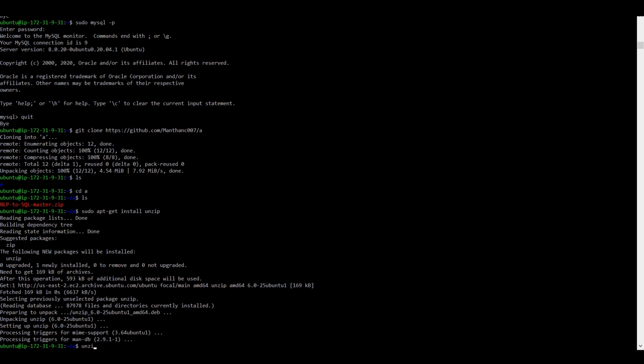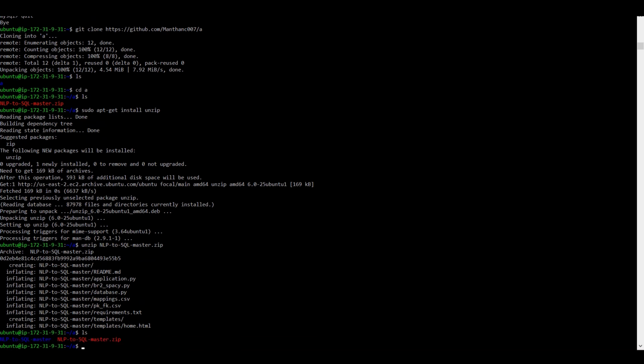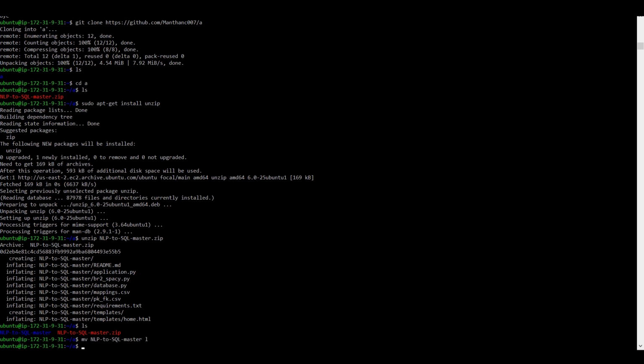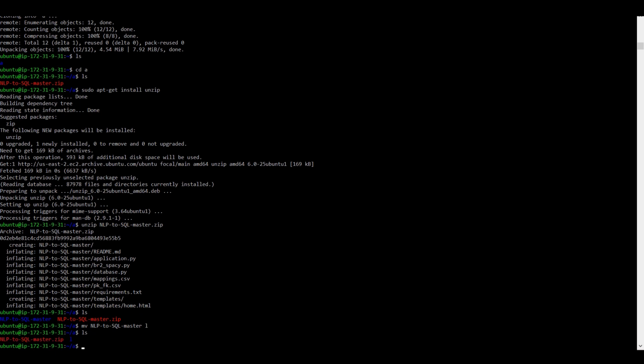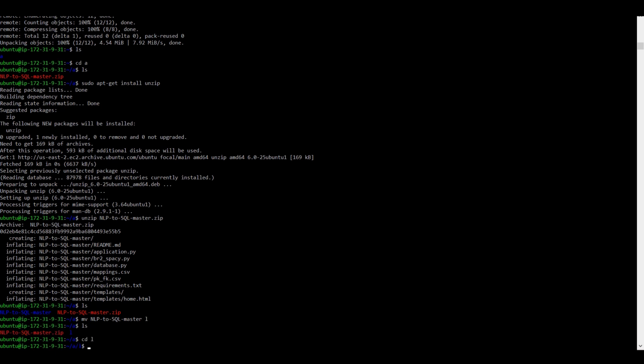After installing it, just write unzip and the file name. We'll just copy paste it. Yes, now if we see, it's here. We will rename it to a shorter version, and I'm renaming it to L. So now if we see, it's L.